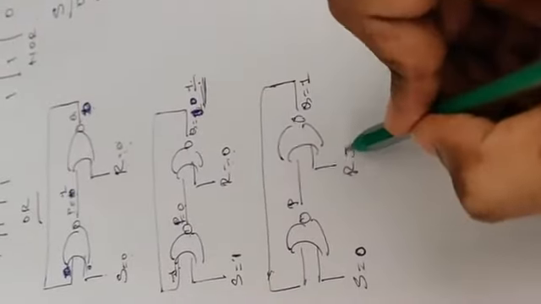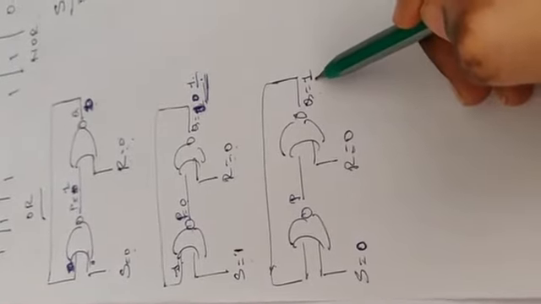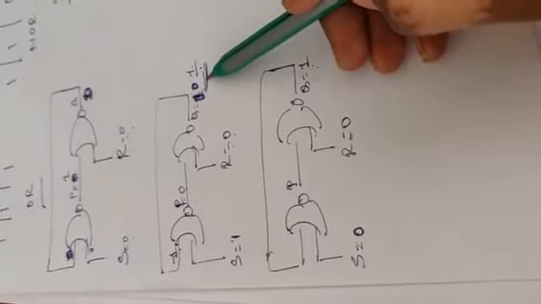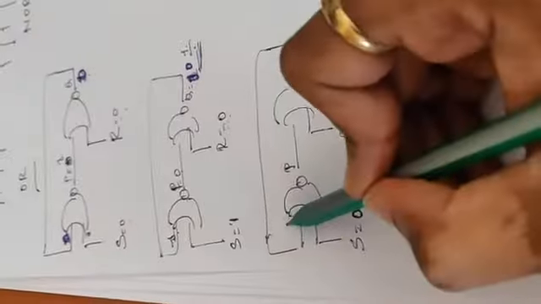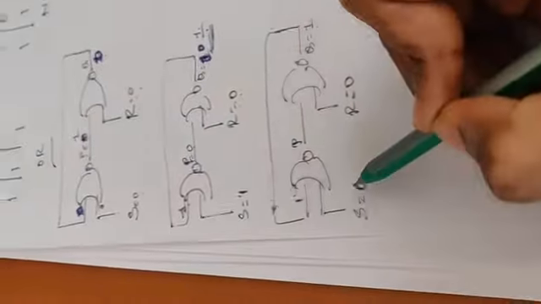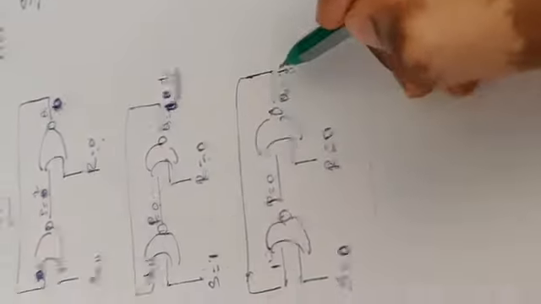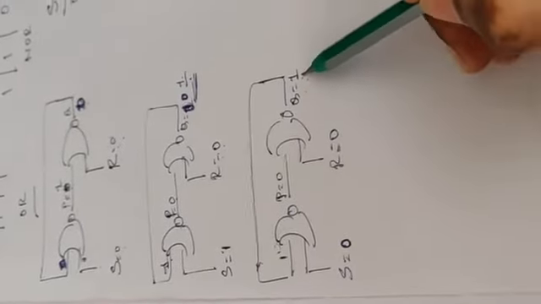Let me see what happens. R is equal to 0 itself. What is Q equal to? Q is equal to 1. Why 1? Because it was left 1 in the previous state. I will take the continuation 1. So this will be 1, 1 and 0, 1 and 0 is 0, 0 and 0, 0 and 0 is 1. Still I took S is equal to 0, R is equal to 0. It has to be 0, right? But it is still 1.